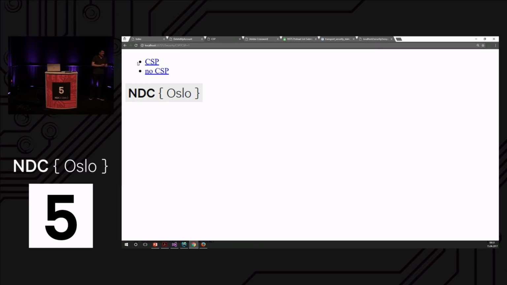Okay, I'm intrigued. But there's another attack vector. Script src equals http://attacker.com/badscript.js. Not possible with content security policy because we're telling the browser to only load JavaScript code from our own server. So that attack vector is closed as well. Third attack vector, script src equals badscript.js.